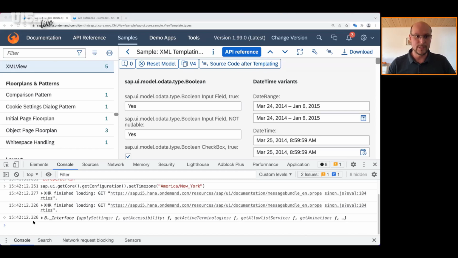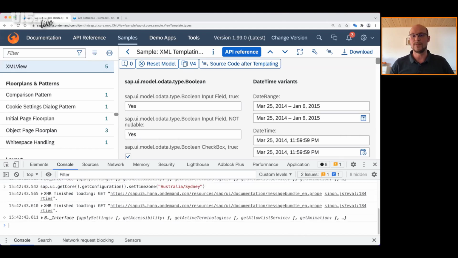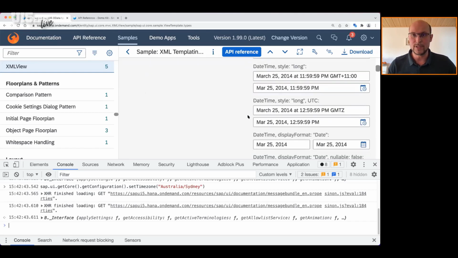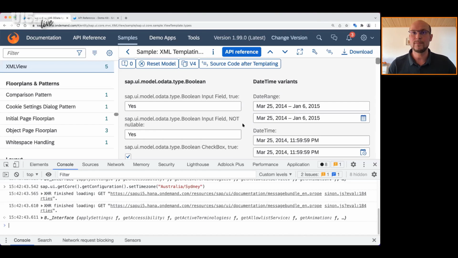With this, you can have a unified view if you have various sites and all are using the same UI5 app. They can use the same time zone and talk about the same dates, such that a user inside Sydney will be on time with a user from New York. So you can specify the time zone, and this will be taken into account for the dates being displayed.